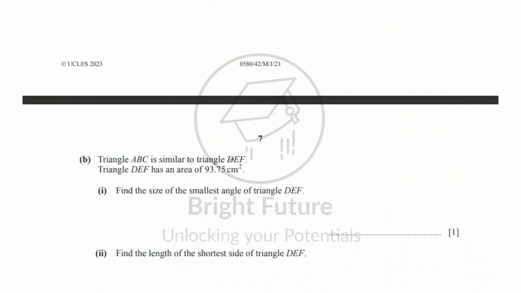Triangle ABC is similar to triangle DEF. Triangle DEF has an area of 93.75 centimeters squared. Find the size of the smallest angle of DEF. Now triangle DEF is similar to triangle ABC. That means the sides will be in proportion and the corresponding angles of both the triangles will be equal. So on the basis of this property, we will show